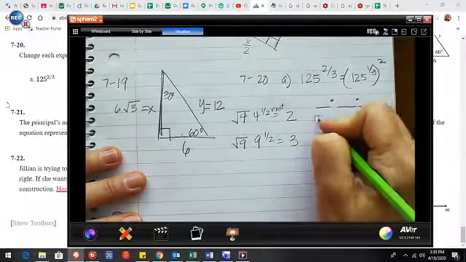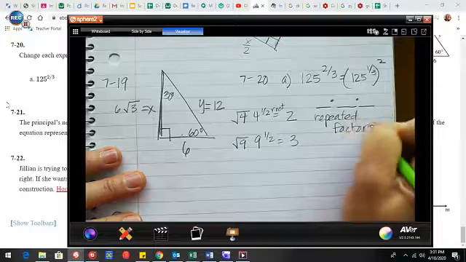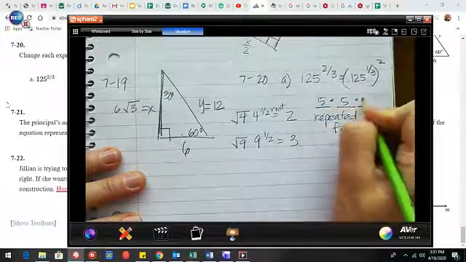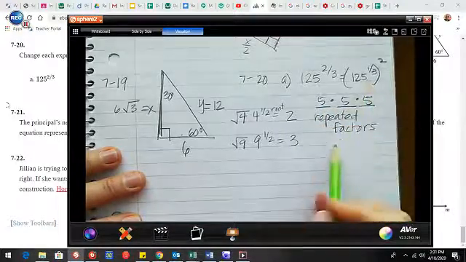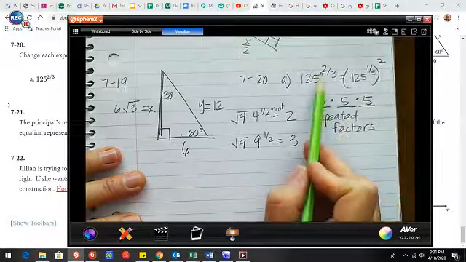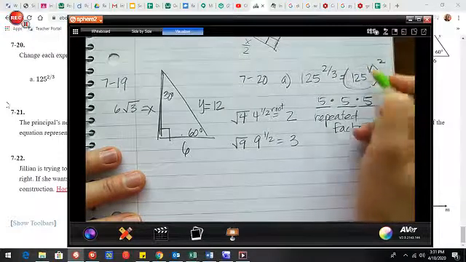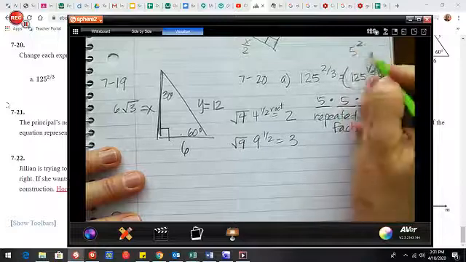That's how many repeated factors you want. So 5 times 5 times 5 is 125. How many of those do I want? I only want 2 of them, because this is 5, so I'm doing 5 squared, which would be